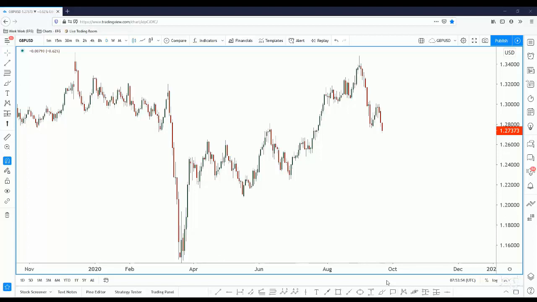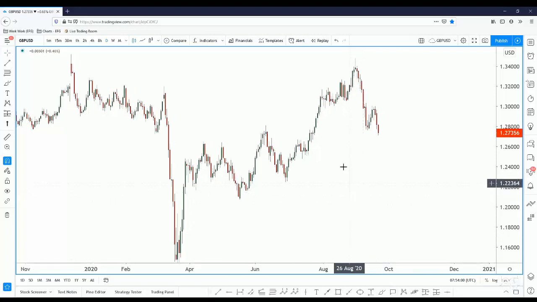Hi everyone, welcome to today's trade of the day, and for today's trade of the day I will be talking about the pound dollar. Now what I have here is pound dollar on the daily, and following price action we actually see that